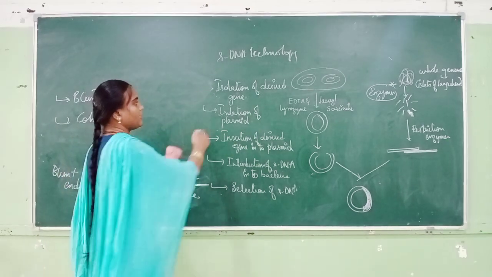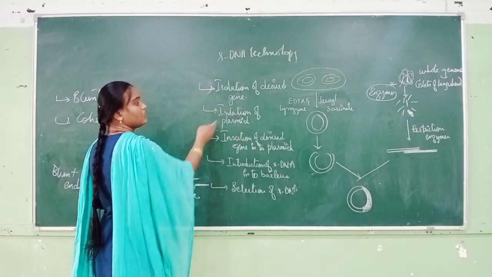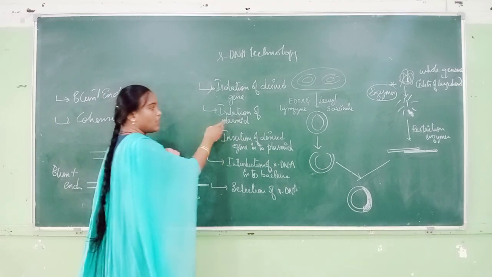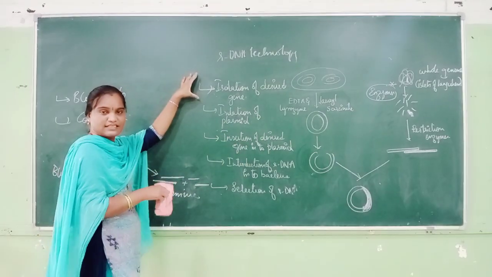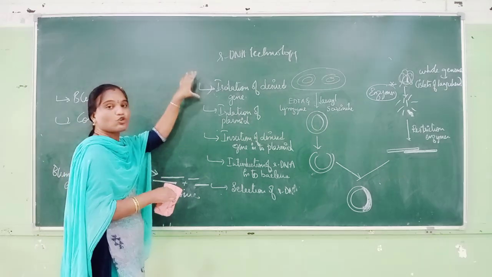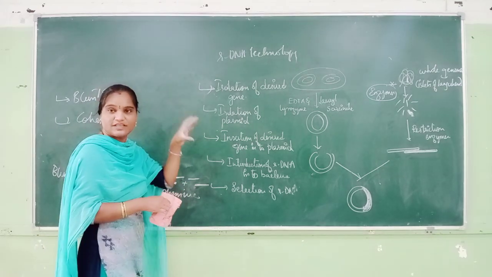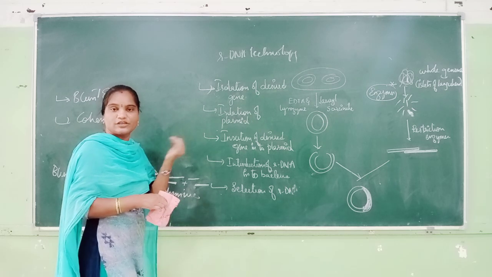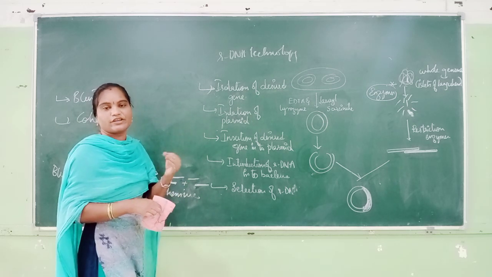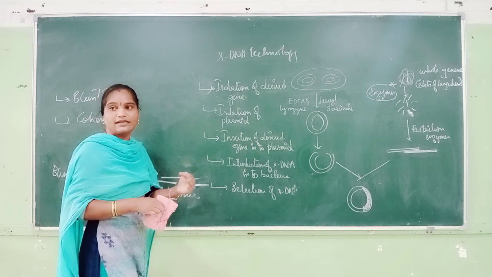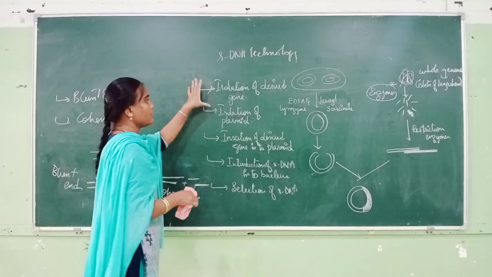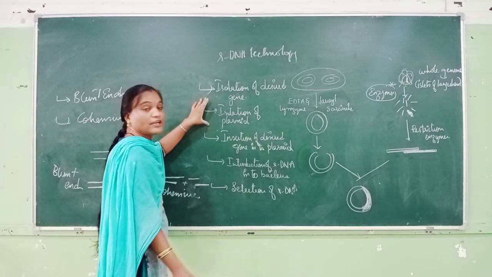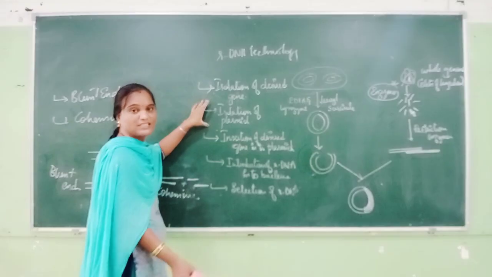So up to here we have finished isolation of the desired gene. Now how is the plasmid to be isolated? The whole story, whatever I have said in this session up to here, is about isolation of the desired gene with restriction endonucleases, the three types of restriction endonucleases, and the different types of cuts related to your restriction endonuclease, isn't it? Now the next story is the isolation of plasmid. So how is isolation of plasmid done?